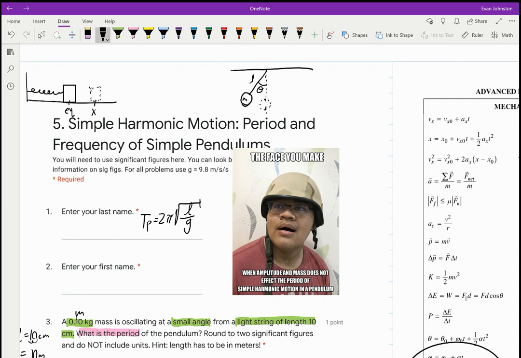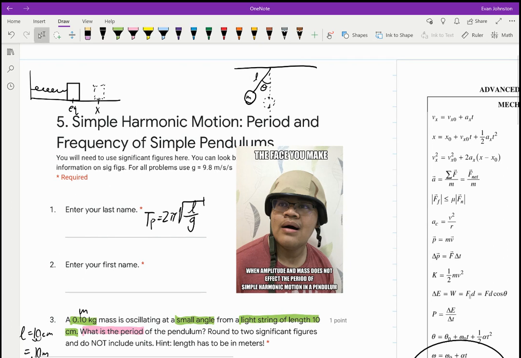And maybe you're going, well, wait a second. If the mass doesn't affect it, you're saying I could have a 10 million pound bowling ball here. So 10 times 10 to the 6. We'll use SI units, so we'll put kilograms. No, it doesn't affect it. It could be 1 kilogram or 10 million, because sure, the 10 million one is going to have a lot